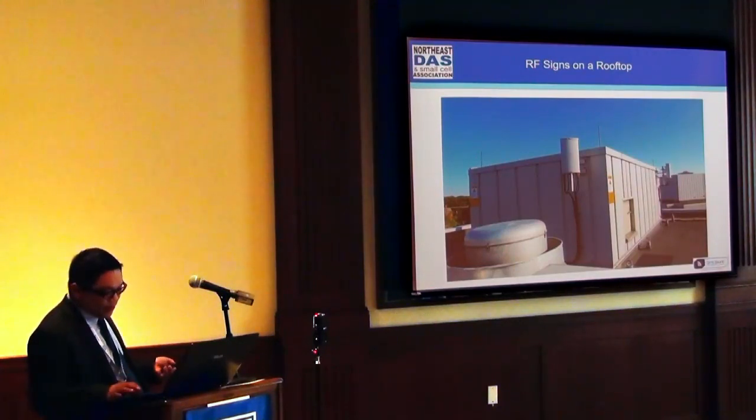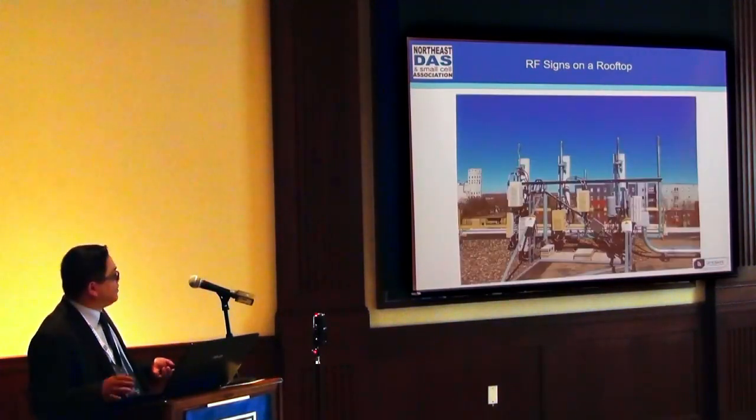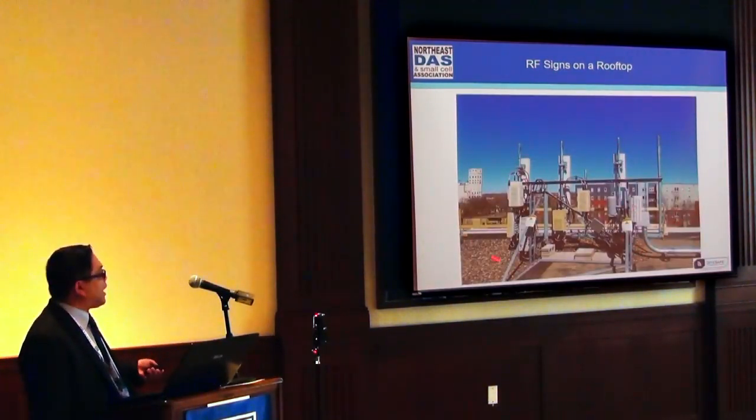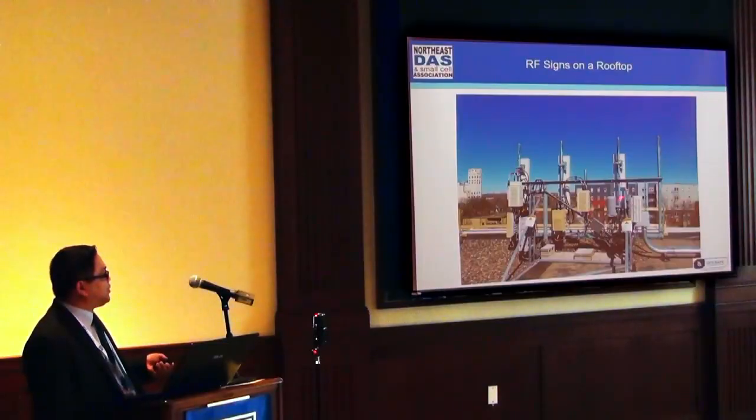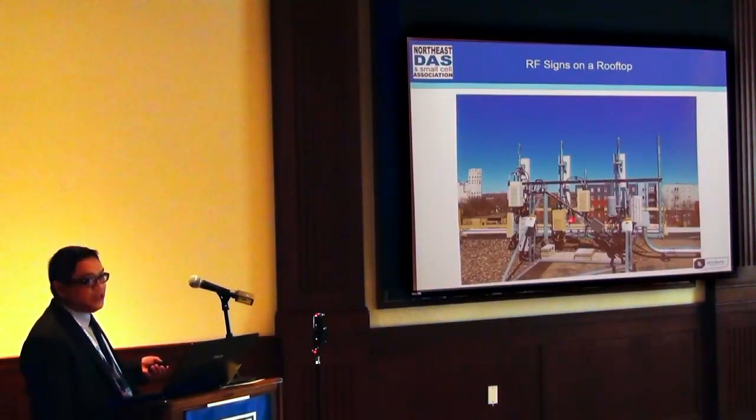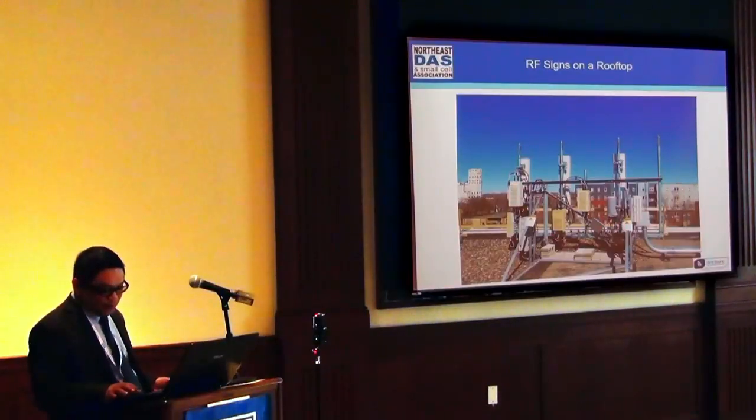Okay? Now, this is an example for a small cell. This is an example for a typical macro site. And even a typical macro site, as you can see, this is not even in front of an antenna, but we still actually put the warning sign just to make sure that everybody's aware that there is RF coming out of these antennas. And a while ago, one of the presenters said that there is back signal coming out of these antennas, and that's the reason why you want to make sure that you actually have these signs as well.